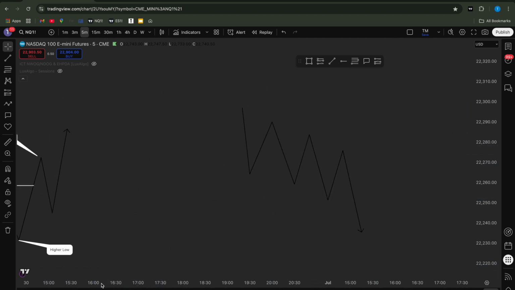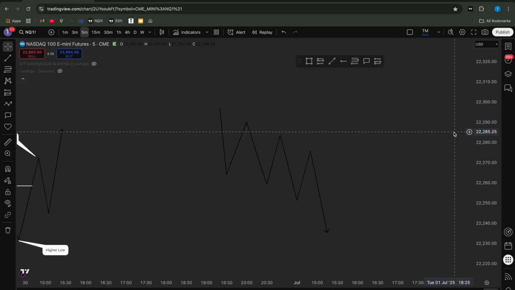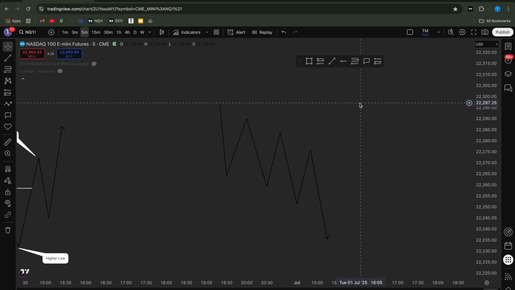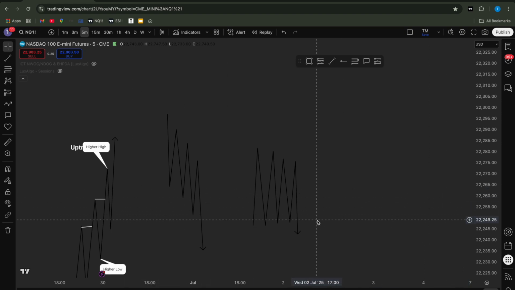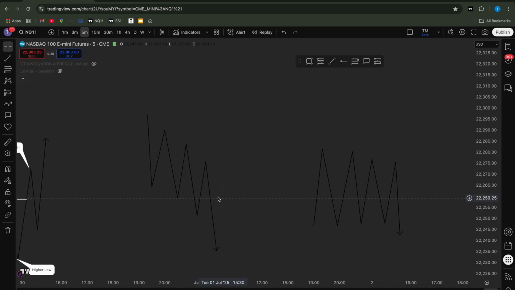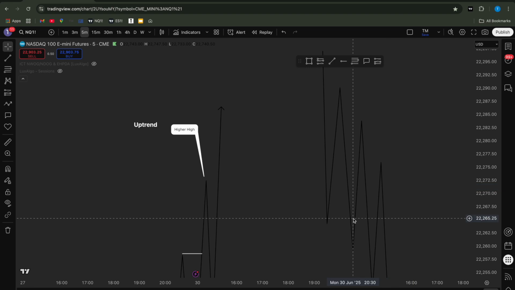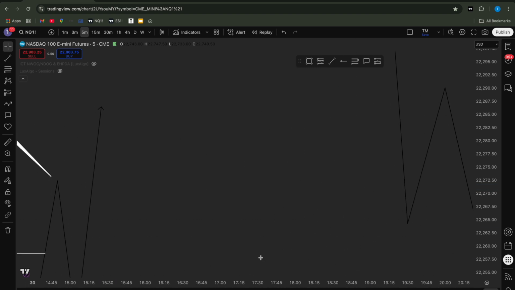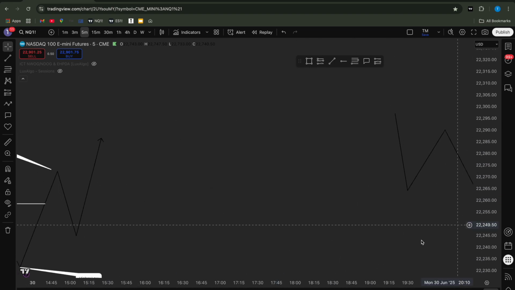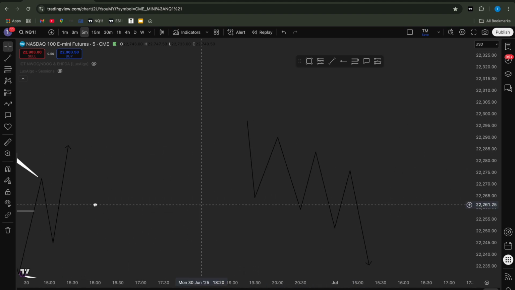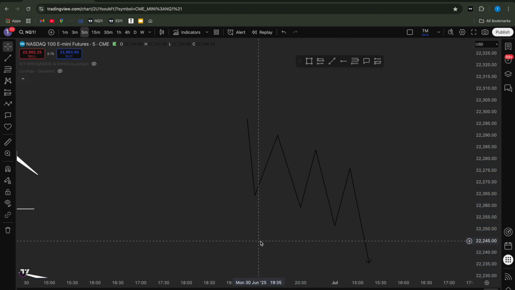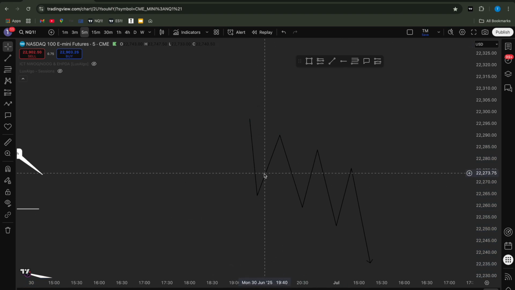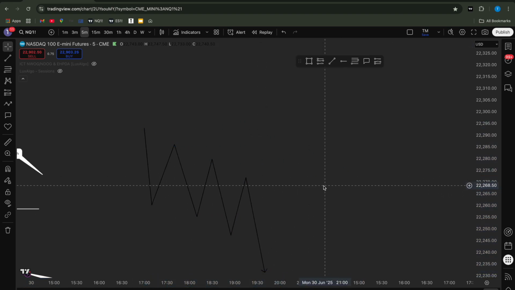And this is, I don't think TradingView's having it. This is an example of, that's the next one. TradingView is cooked sometimes. Right, so